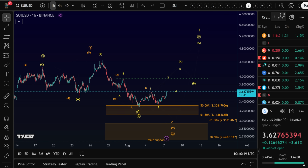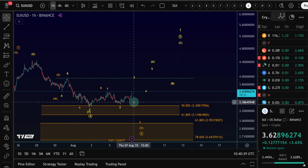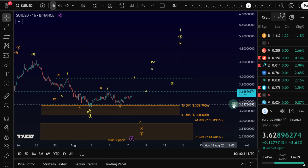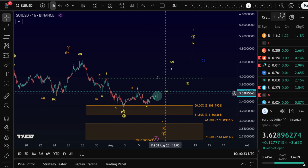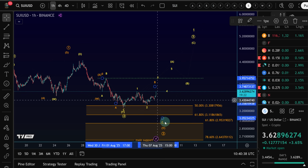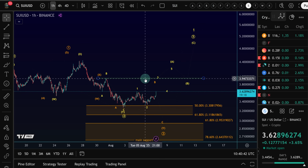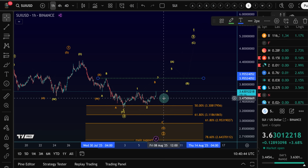So SUI seems to be following the bullish pathway here. We discussed yesterday that we had a potential 1-2 setup, but the upside momentum was still very, very weak. So I'm quite glad that we start to see some upside momentum here today. Obviously, the risk remains that this is part of a deeper pullback. However, that's why we have our signal line on the chart. This risk would reduce at least with a break above